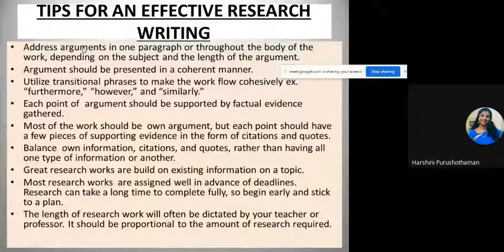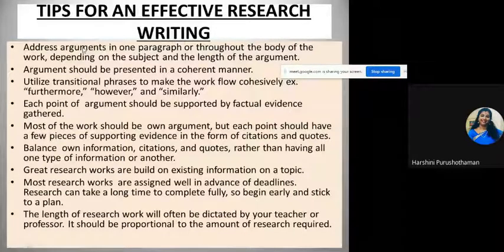Maybe the first few months you'll have to spend on presenting papers in conferences, then publishing papers in Scopus. Of course, publishing papers in Scopus takes a lot of time, that too if you want to go for free ones. So you have to plan well in advance for that. And then the next years you have to work on the references, and then in the final year you will have to bring out everything and put it in a proper format. So these are all the things you'll have to carry out.